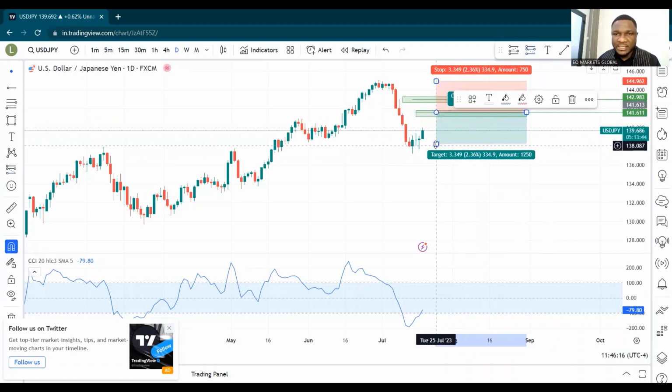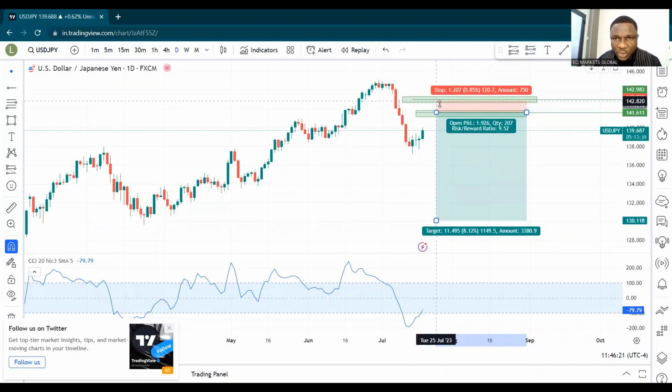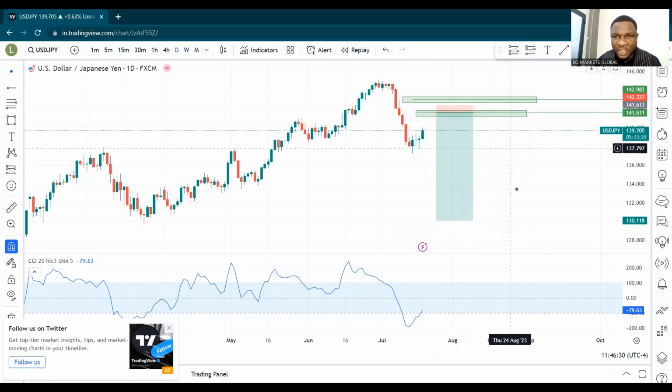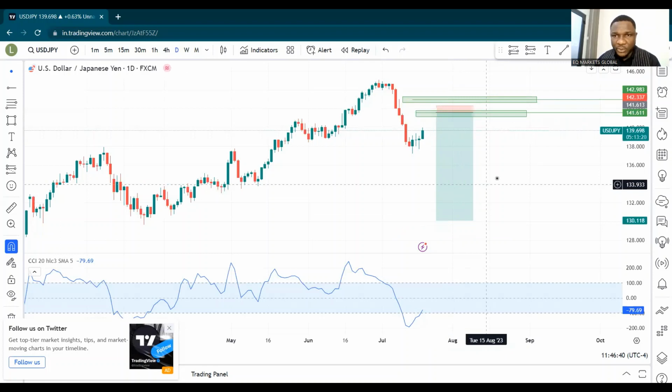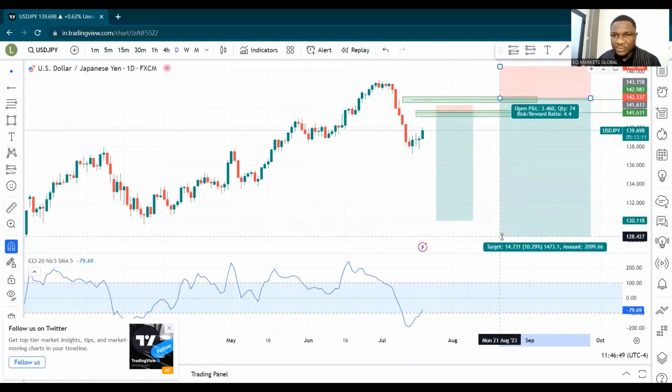So yes, this is going to be driving all the way down, but my stop loss is going to be really tiny, right? Just a little above that particular area that I have found. Okay, this is what I'll be looking at. So this is more like 1:11, but I'll show you it's even far more than 1:11 risk to reward, right? And then of course, if this does not play out, then the next I will be expecting will be here, right?